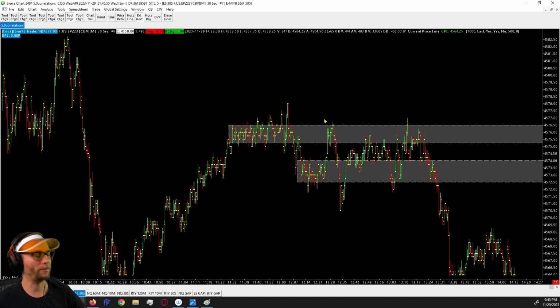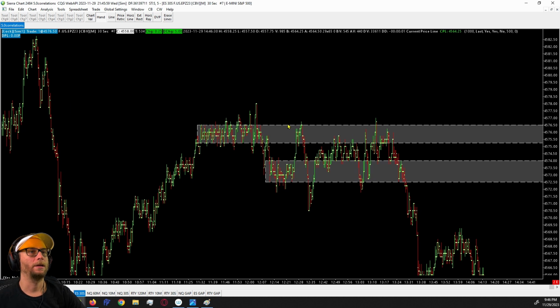They blow out that one. You can see. And then they slam through this one. So if we were trading value zones, these are too small. I don't trade these. I mean, you could, but I personally don't.